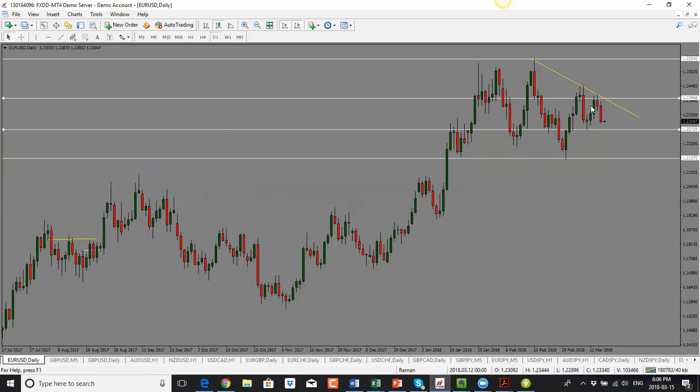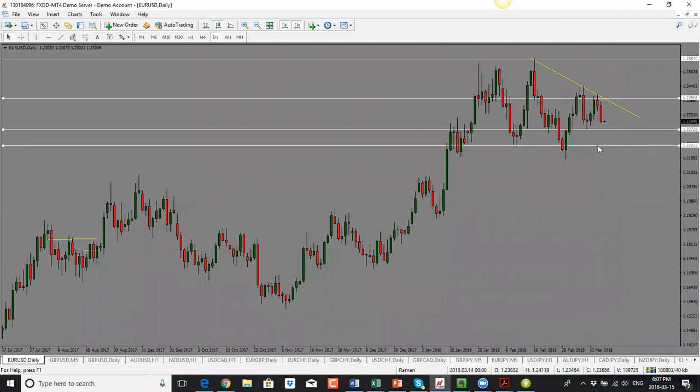Yesterday we talked about how price was holding below this 1.2396, about 1.2400, and we were looking at price to drop. The reason was that price was making lower highs and staying below this trend line. So that's what we saw today: euro dollar dropped, a very nice bearish candle. As a result, I'm looking for price to drop further. The first target would be the 1.2270 number right here. Next one will be